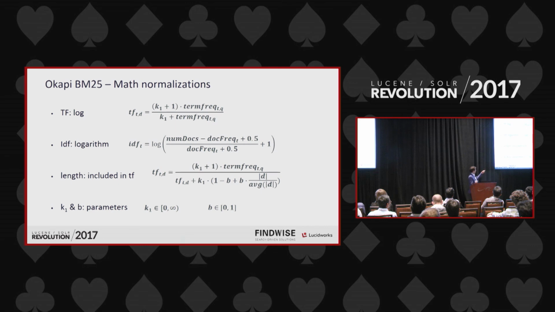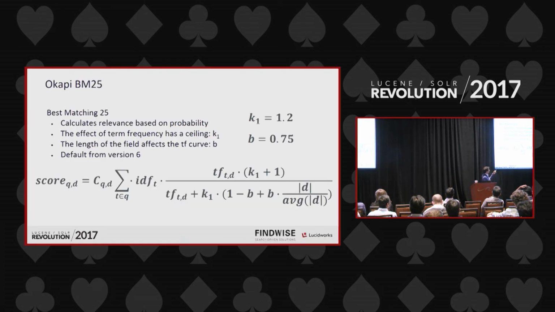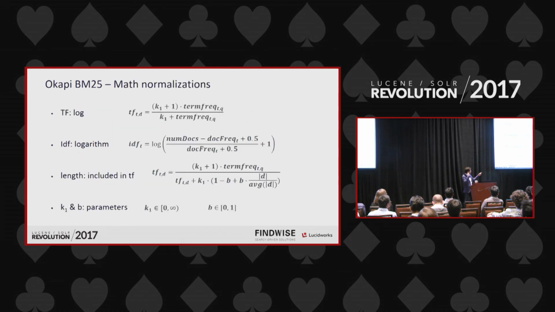Then we have the valid intervals for the different values, and I already showed you on the previous slide what the default values are. So actually, if you're in a case where your field length is kind of important to affect your similarity, you can increase the B a little bit. But again, take into account the relevant intervals that you can move the things. Usually, it's going to be most often between 0 and 1.